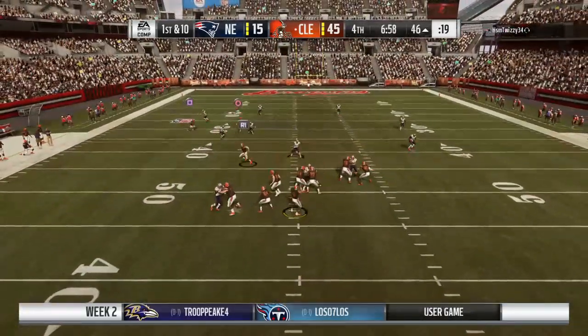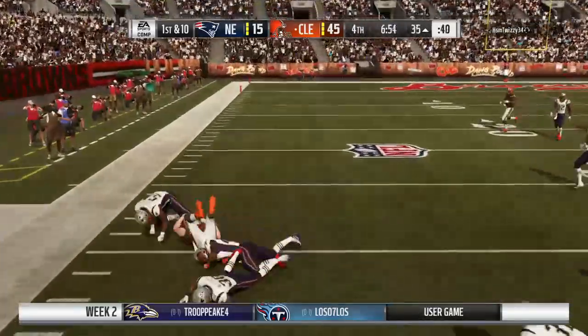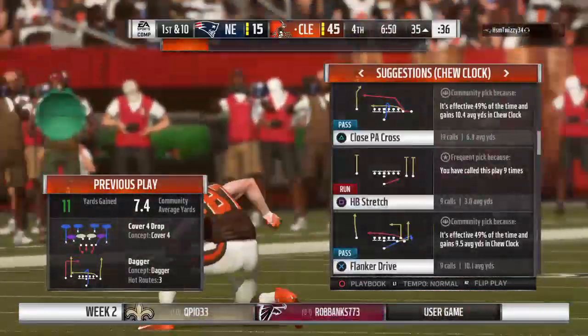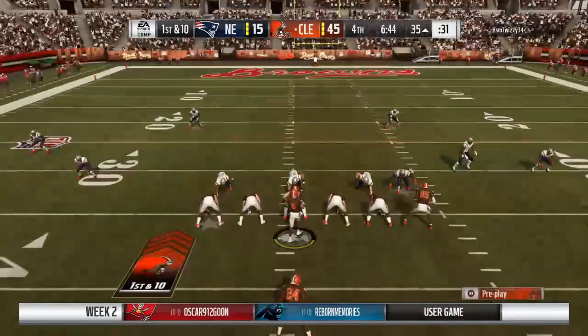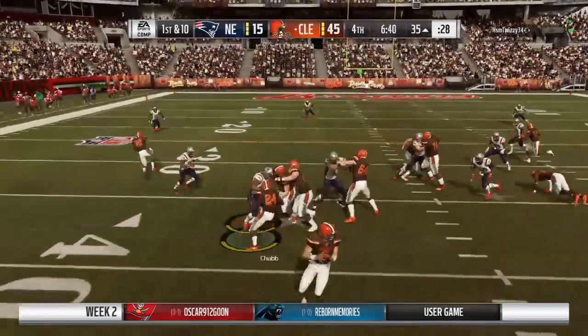Here's Mayfield. It's a short one here, complete to his tight end. And he's got this down to the 35. 11 more on that one, and another first down. I like how they work the tight end on a nice little under route there. If you're going to give him that much space, he's not even going to catch the football. He's going to run away from you a little bit, and that's exactly what he just did there, picking up